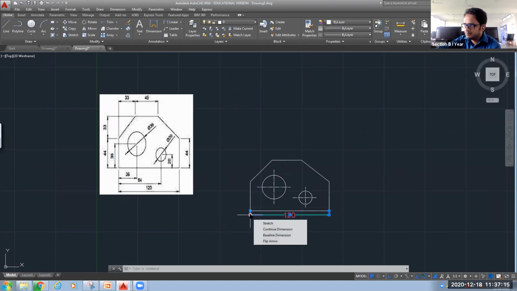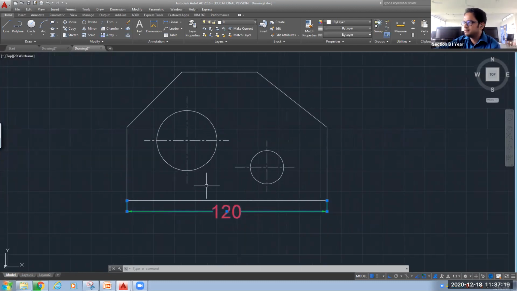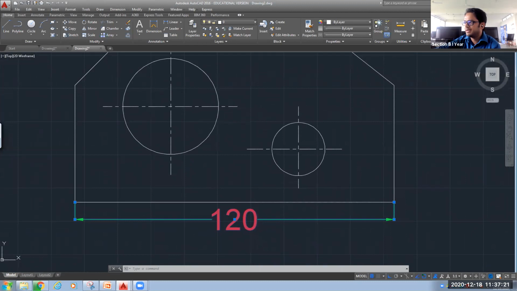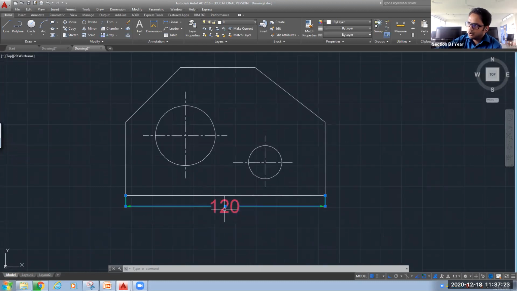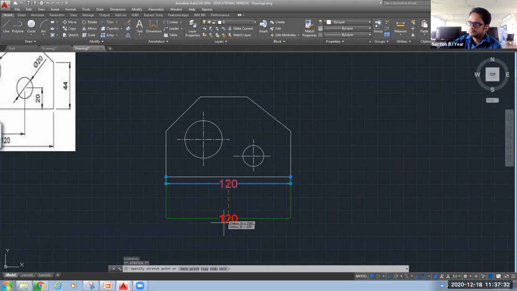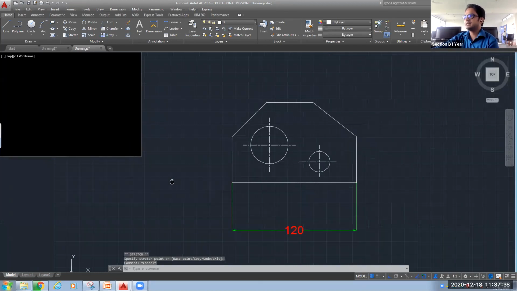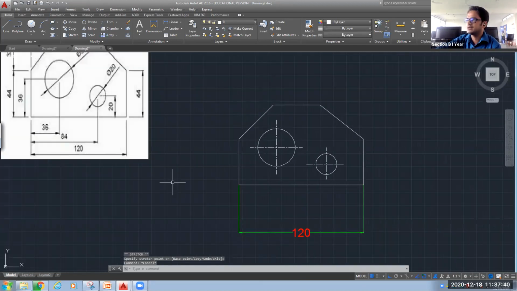You can see several blue colors will be visible. I will zoom it for your clear visibility. Okay, these blue dots are coming, so you can click on this middle portion and you can drag it down to the location where you want. Suppose I want here, because I have to accommodate 2 dimensions in between. So after this we can give the dimension for this center line.